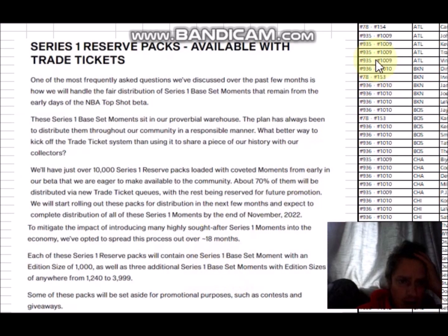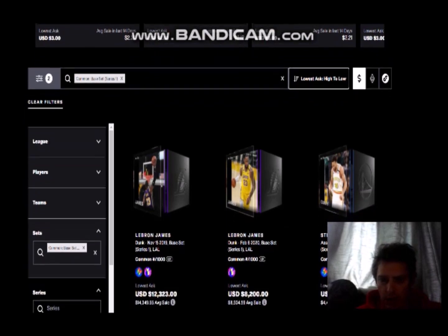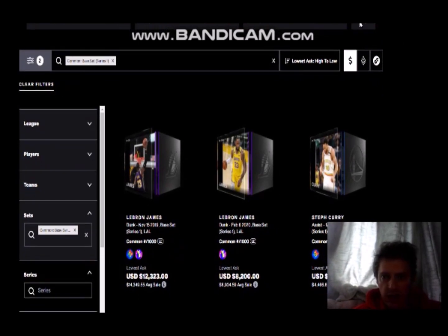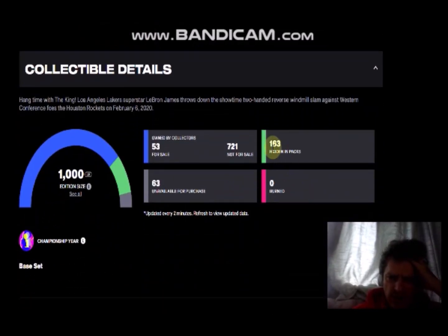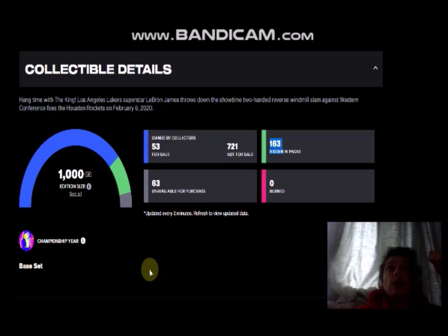All right, so I want to look at it real quick. So base set Series 1, we're looking at, right? We have an opportunity that you could land a LeBron James. And then I think the cheapest I saw was a Gallinari, which is like $100. So instead of the Gallinari, let's look at the LeBron James, because dreams are made on Top Shot. It says that there's 163 in packs. I just looked at it real quick. The packs would include the S1 third drop of the rare drop